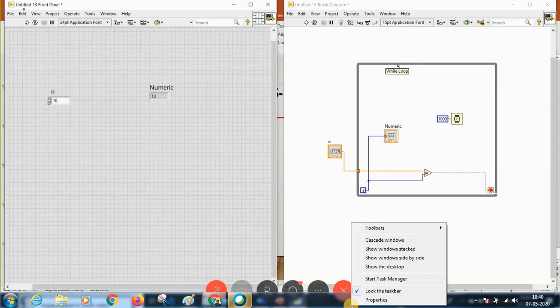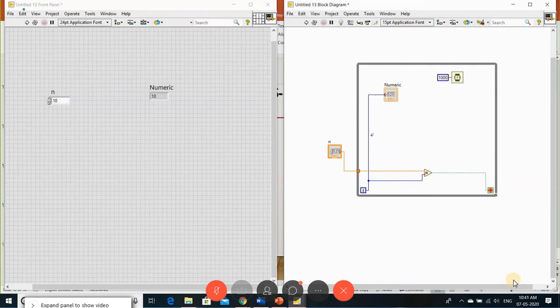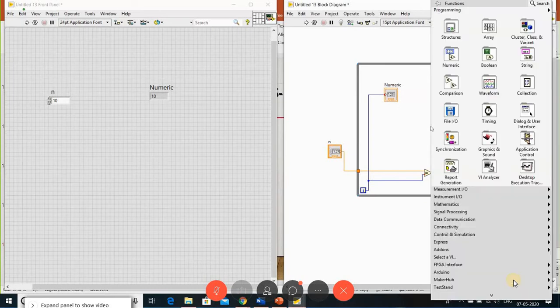Yesterday we did some programs in the for loop. The same program we can do in the while loop, then you can understand what makes the difference. First, finding the sum of n numbers. Here I'm getting n numbers, and I need to find the sum of those numbers. So in the same way, take that addition. This is what you're getting as i.